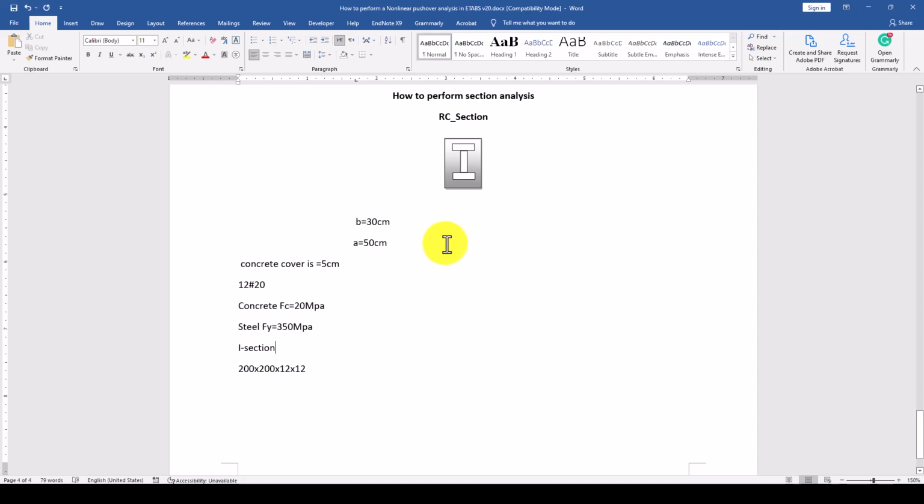this cross-section responds, and we will take the moment-curvature curve and also the stress-strain distribution across the cross section. So let's suppose the same example, which is 30 centimeters wide by 50 centimeters height, and we're considering 5 centimeters clear concrete cover, and 12 rebar, which this time